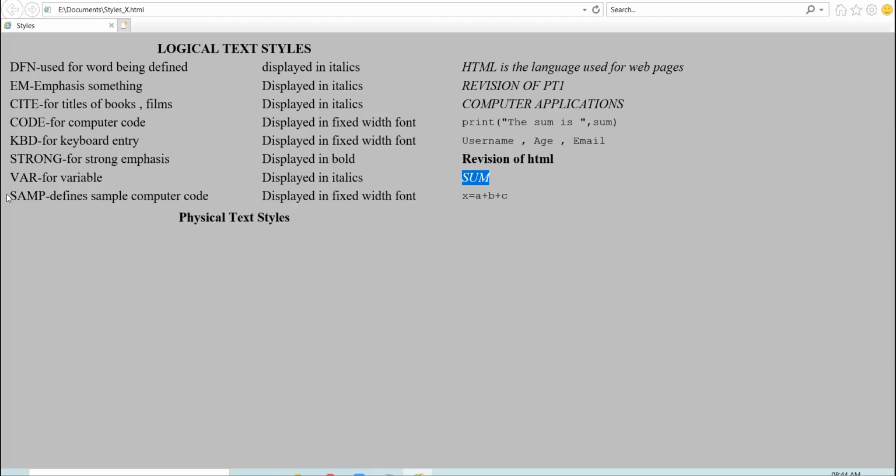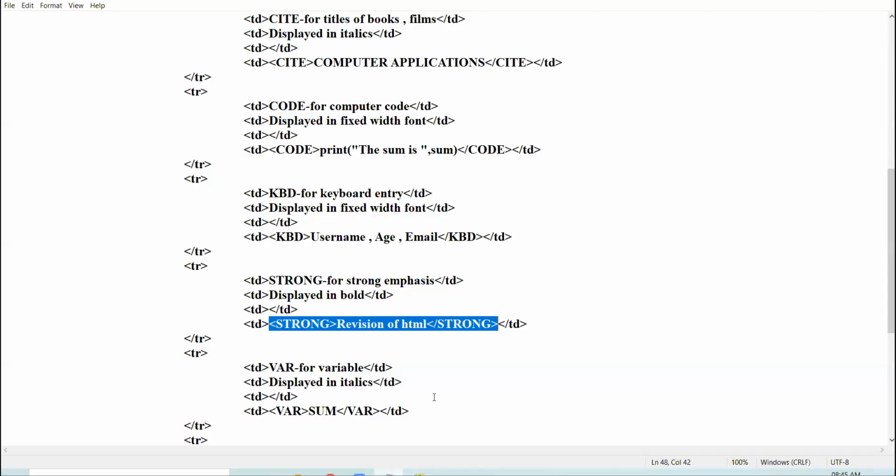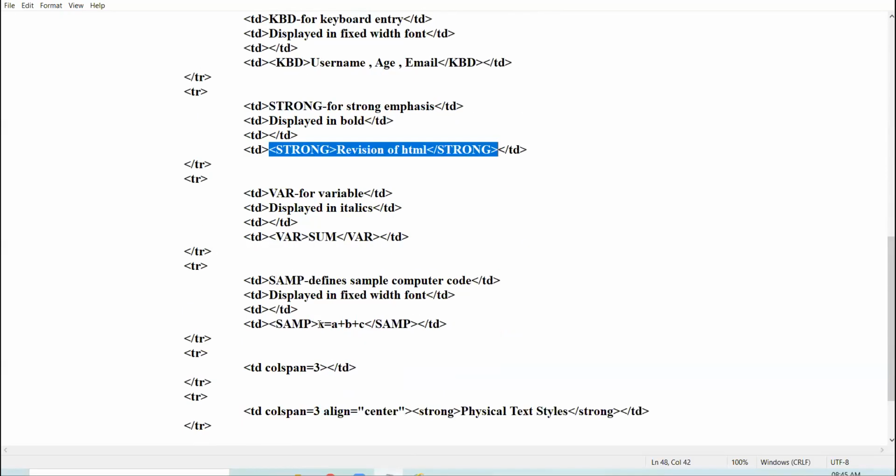Then sample. This tag is very much similar to the code tag. It also defines the sample computer code. Okay. So the output gets displayed in fixed width font. See, I have taken one equation, x equal to a plus b plus c.